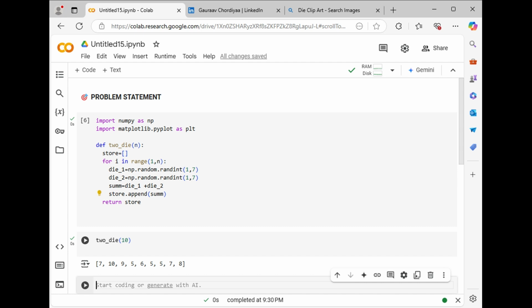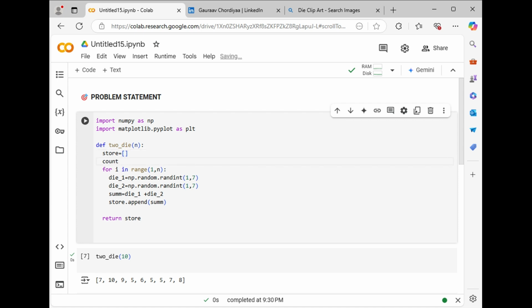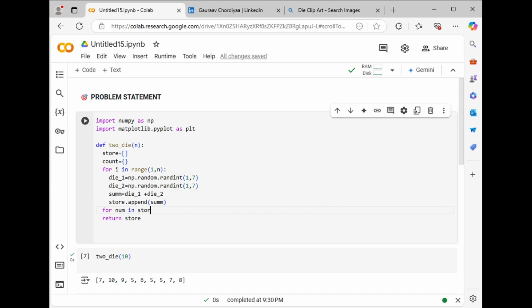तो हमें इसकी फ्रीक्वेंसी मतलब उसका रिपीटेशन निकालना है. तो ये रिपीटेशन कैसे निकालेंगे, उसके लिए एक सिंपल कोड लिखेंगे. Okay, to write that code we need a count over there, count as a dictionary. We'll store that into a dictionary. Now we need to use a for loop. ये for loop छोड़ के we'll use one more for loop and we'll give the for loop for n in store, because we are taking from store.